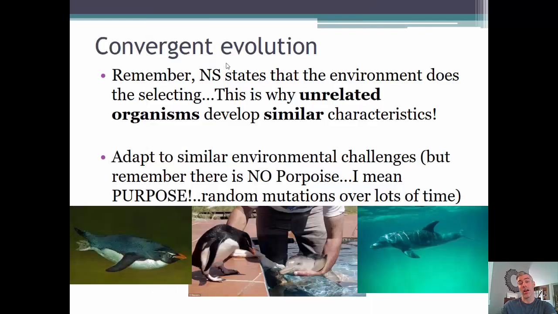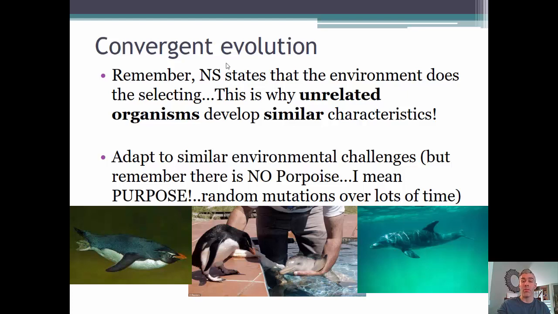Another cool piece of evidence for evolution is called convergent evolution. So natural selection states that the environment does the selecting. So sometimes unrelated organisms, like birds and bats, for example, right? They both have wings, they both fly. But the development of those characteristics was independent of each other. They don't share evolutionary history in the past. So in convergent evolution, unrelated organisms will develop similar characteristics due to selective pressure. Selective pressure is like how the environment affects them,